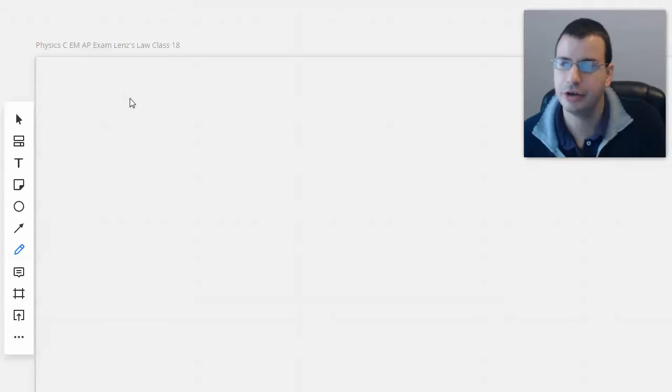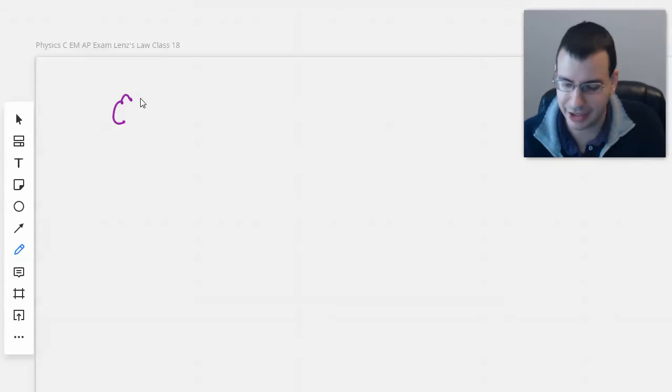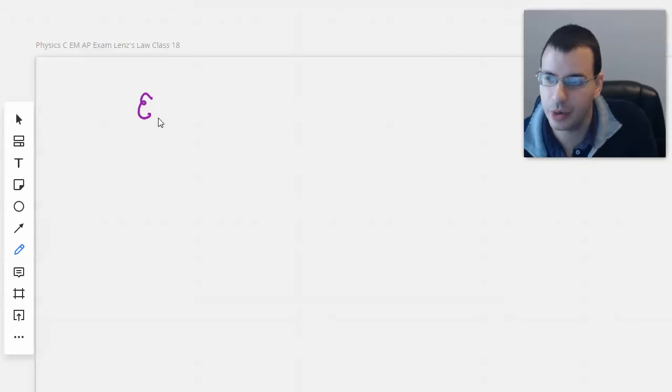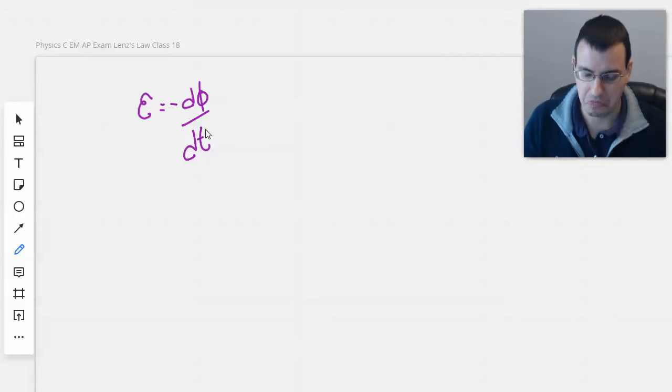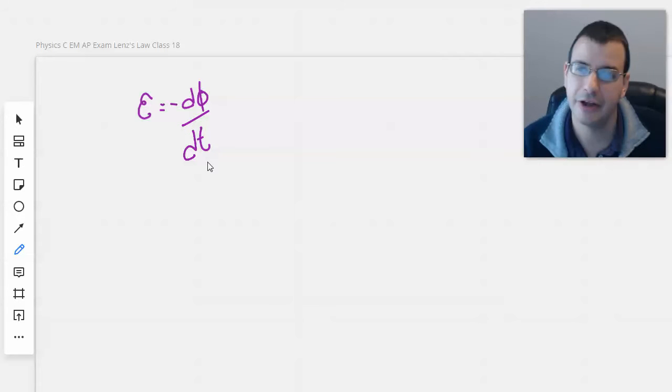Suspicion. So Lenz's law, that is a terrible epsilon. So we have an electromotive force equals negative d phi dt. So we've talked about this a few times, but I've never really formally discussed it. So